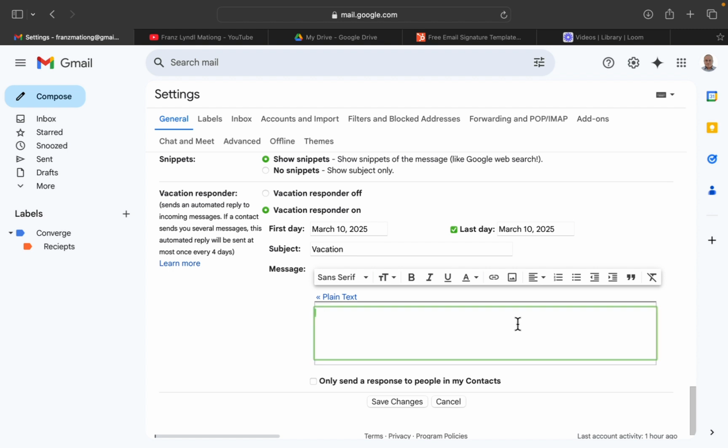Because no one would reply, we would automate our response, so the sender of our message is notified immediately and knows we are not in the office that day.